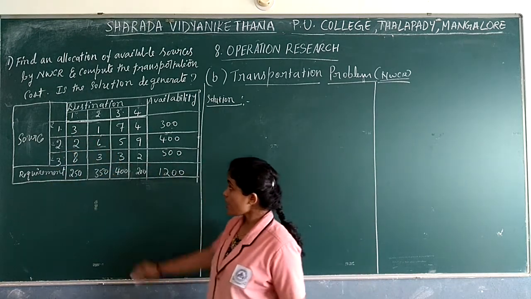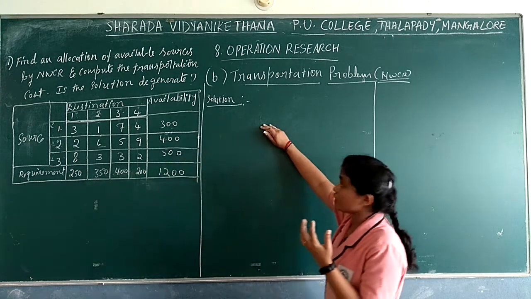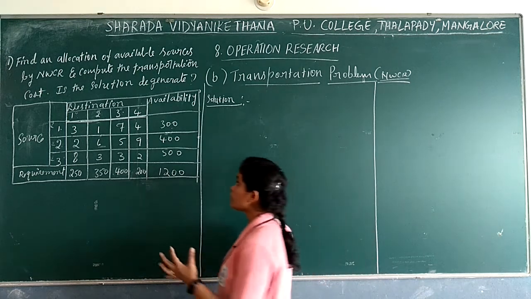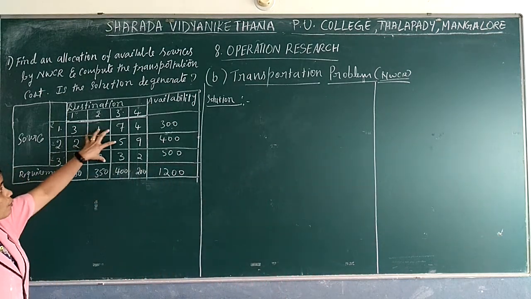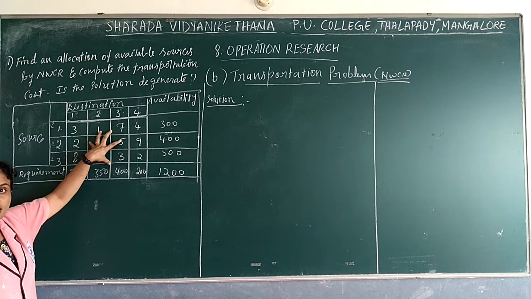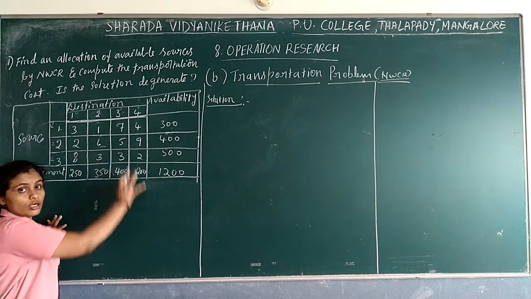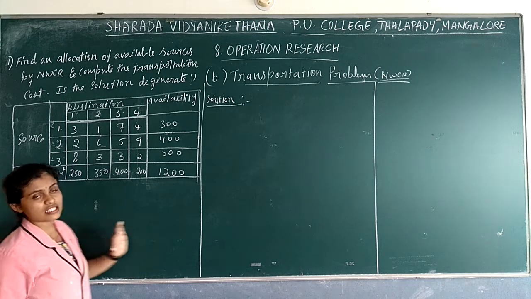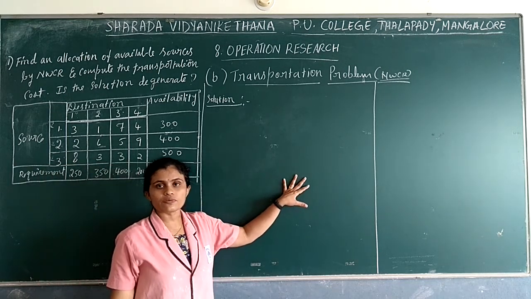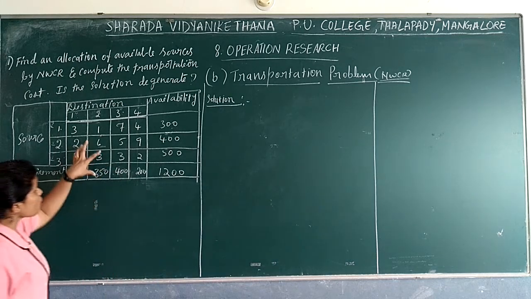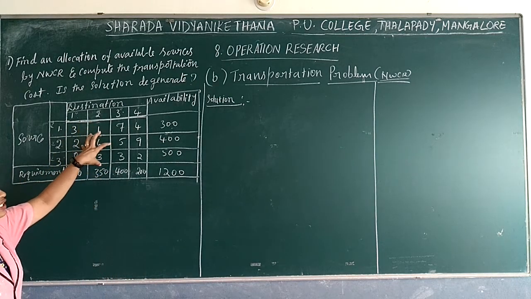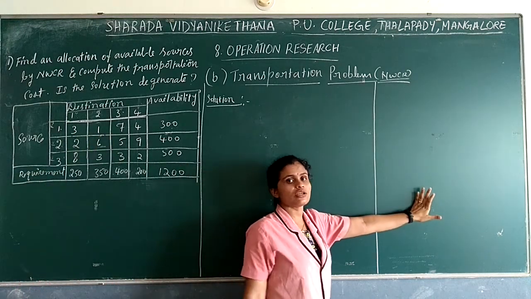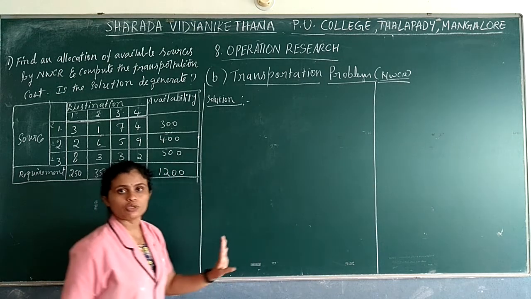Now, actually, the solution starts from here. You have to write the solution from here. But it is better to use one rough format. This problem we can use as a rough copy. You have to write the problem once again and work along with that. Otherwise, it is difficult to understand and in between you may get confused. So I will take this problem as a reference. Then at last, after allocating, you have to prepare one more table.